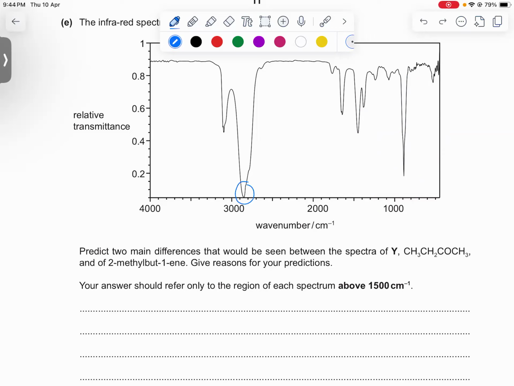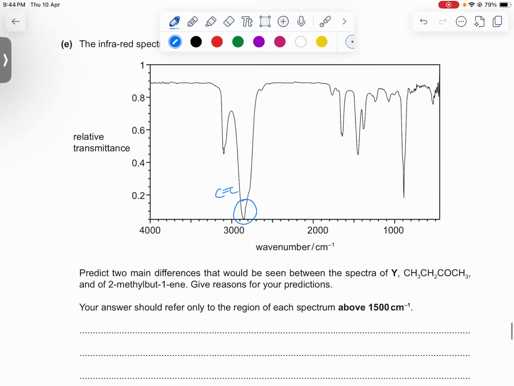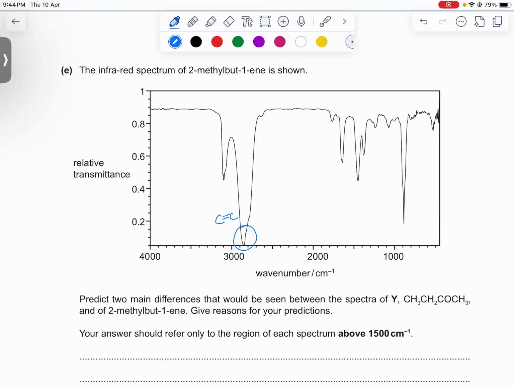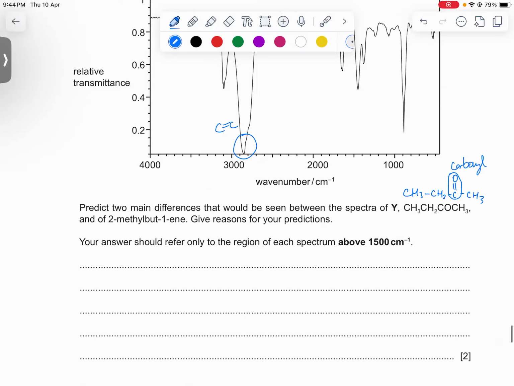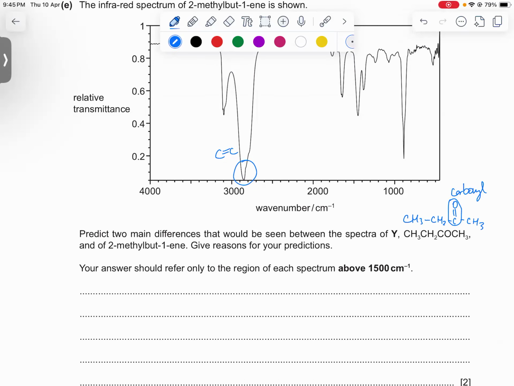Like for example, this peak is because of the carbon-carbon double bond that is present in 2-methyl-butene, right? Carbon-carbon double bond that is present over here. Okay. Now in the Y, because there is a carbonyl group, CH3, CH2, C double bond O, CH3, right? So this is a carbonyl group. And I have told you to not go to the data booklet because at your level, infrared spectroscopy is so easy. You just have to remember that carbonyl carbons produce a very sharp